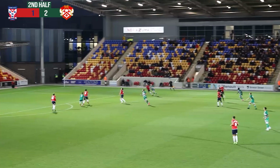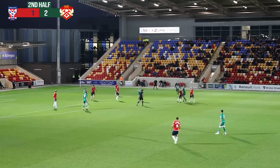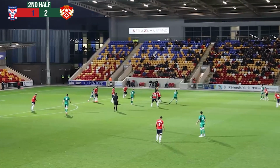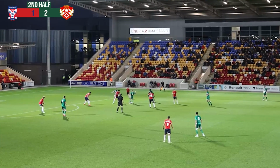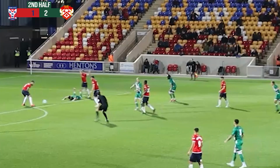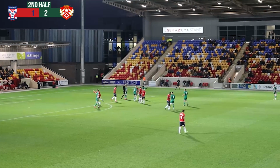Oh, not away at all. It's just up in the air by Sean Newton. Headed not massively away. Sheriff underneath it, brought down by Harrison Neal, looking for Powell. Sheriff, another miskick by Newton. Powell is fouled. No, he's been booked. Booked for diving. Oh, well, it wasn't a dive, but...